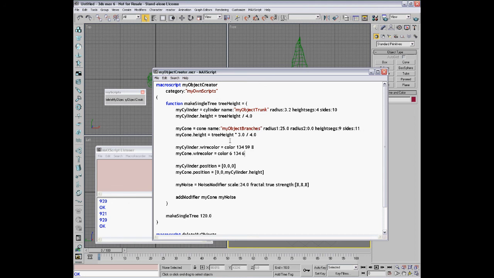So we did change the script a little bit, but its functionality hasn't changed yet. But now the script is extended so that we can actually use this function to create multiple different sized trees with it. Let's try that. I'll evaluate